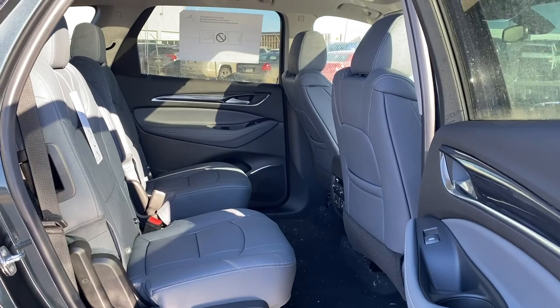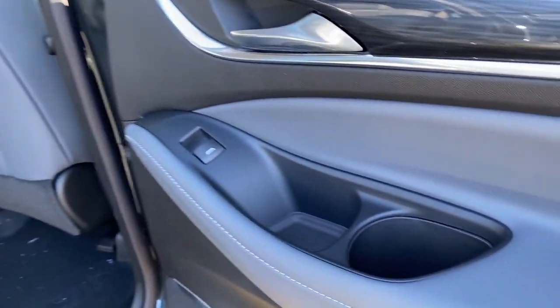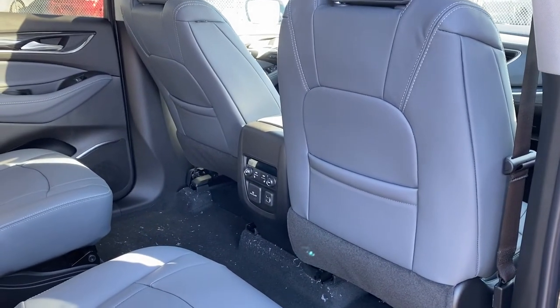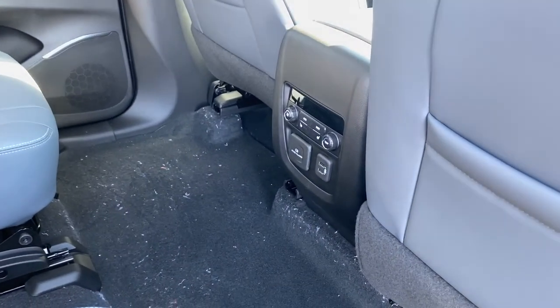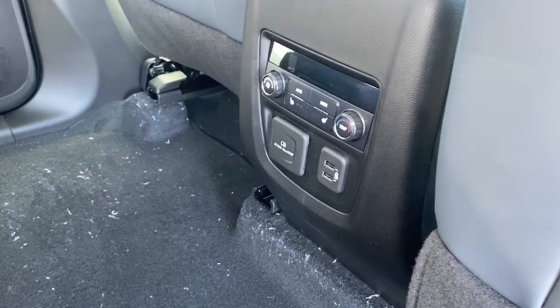Next we'll take a look inside the back of this 7-passenger crossover. On the passenger door we've got power windows and a cup holder. The backs of both front seats have got leather seat pockets. On the back of the center console we've got the rear climate control buttons, heated rear seats, some USB and